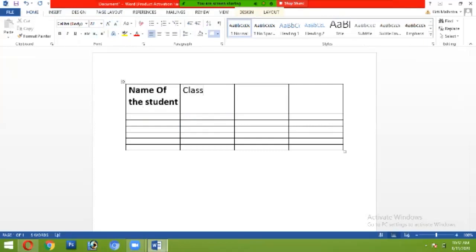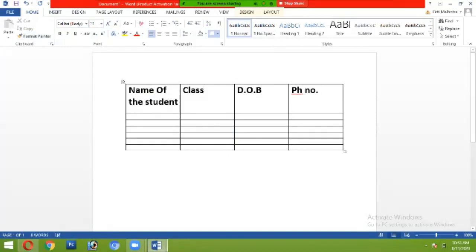Class, and next comes your date of birth, and here comes your phone number. This is my table. Now I am going to do formatting.